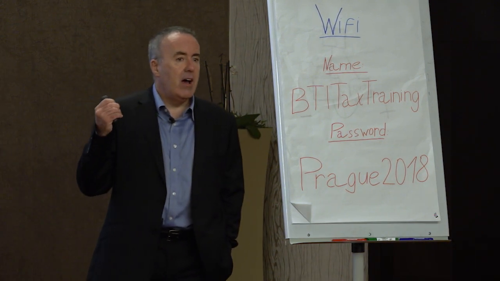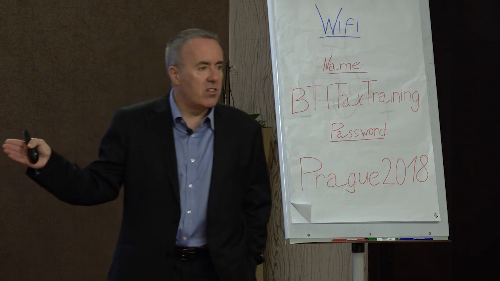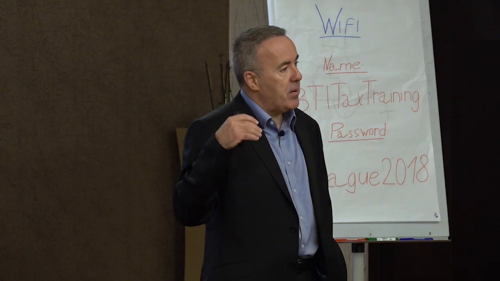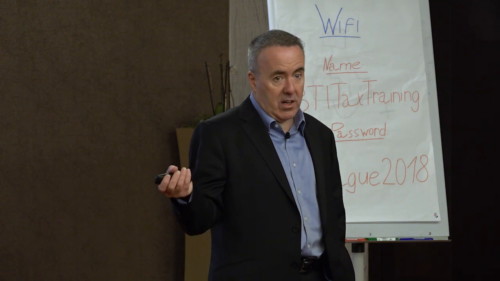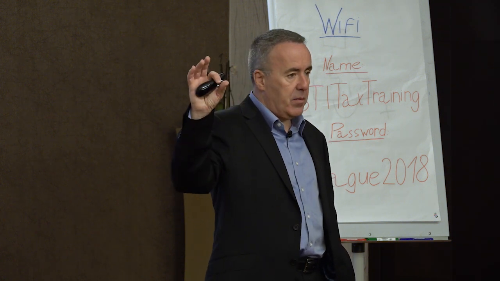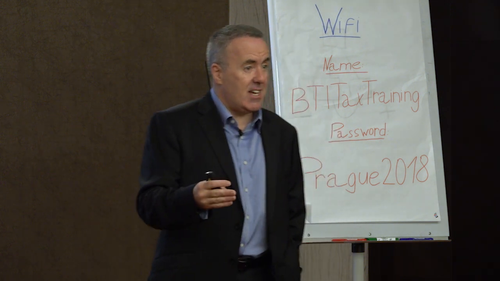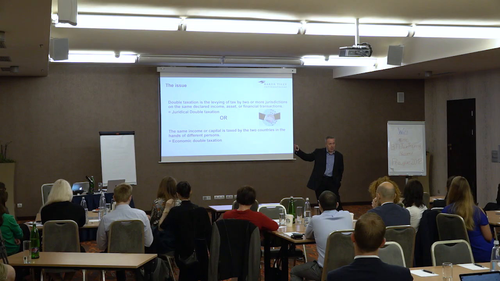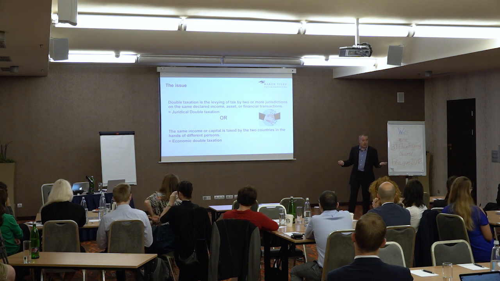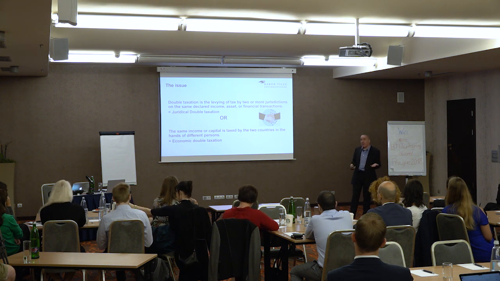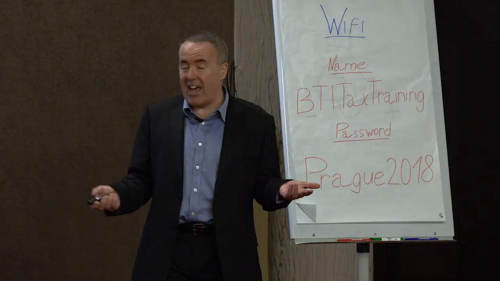Or the other one is where the laws identify two different persons who are both taxed on the same amount. That might be because you have a transparent entity under one country's law. So you might have a holding company in one country, a subsidiary in another country. The subsidiary country taxes it. The top company, the holding company's jurisdiction, also taxes the income on the assumption that the subsidiary wasn't taxed, because under their law it wouldn't have been taxed. So you get that kind of thing happening as well, where two different persons, maybe in the same group, maybe related, are taxed on the same income. They both come down to the same thing, that we refer to as economic double taxation.